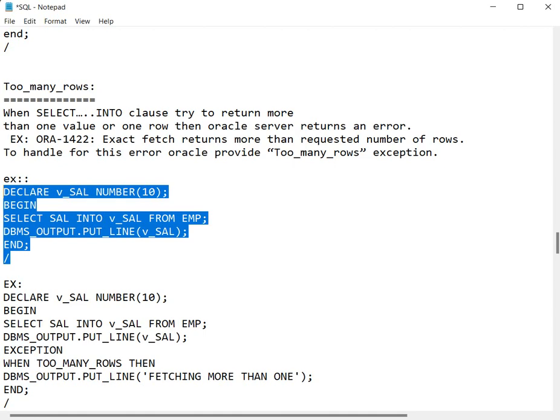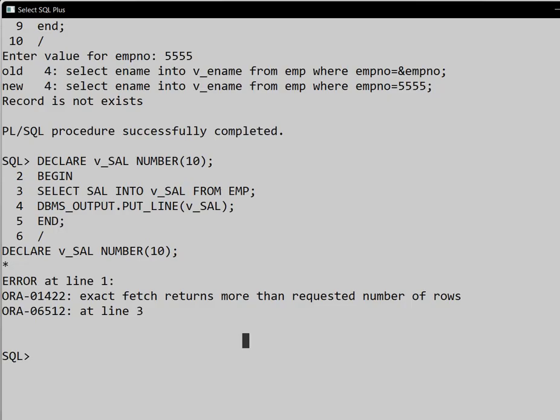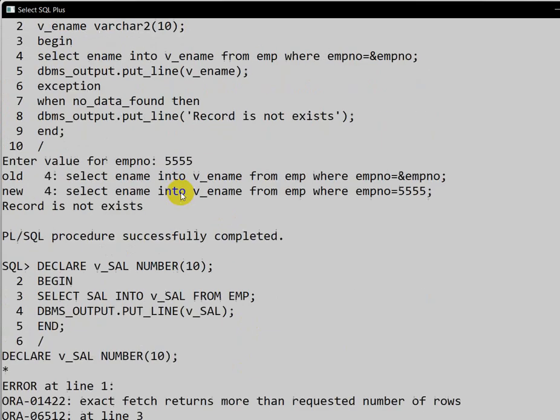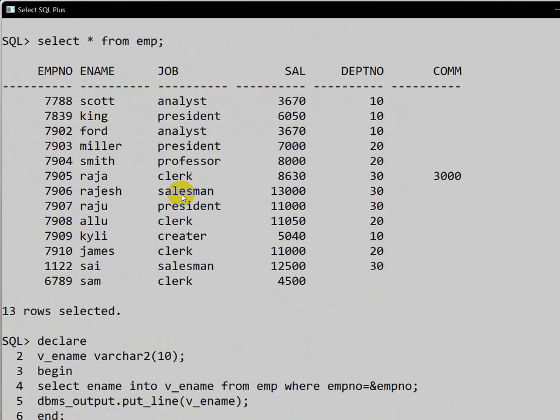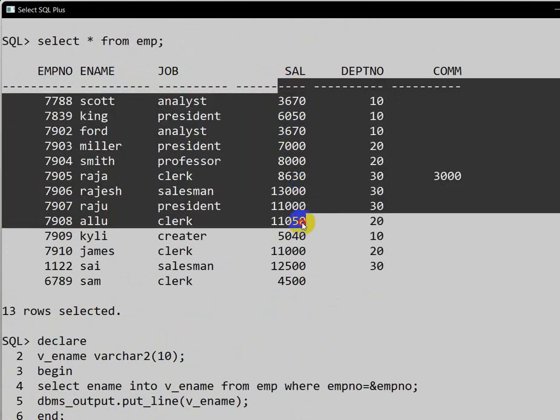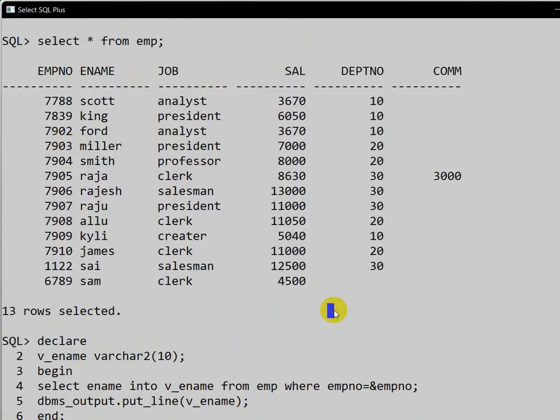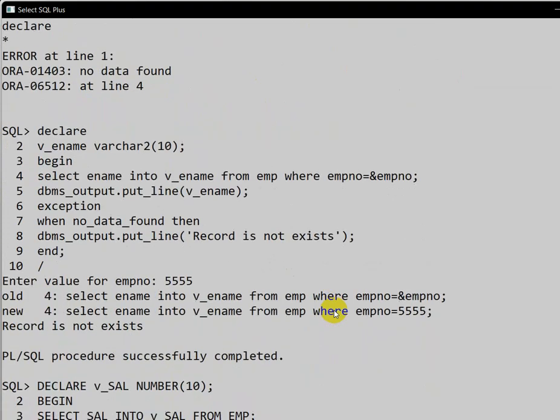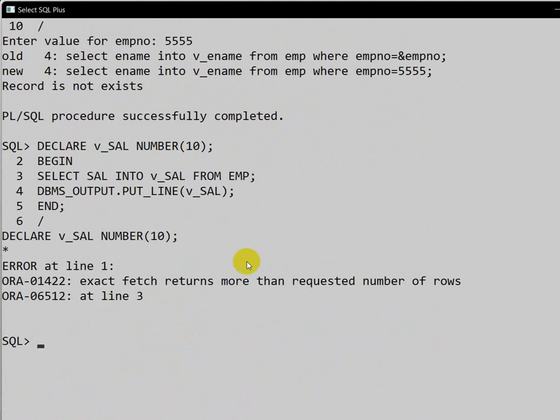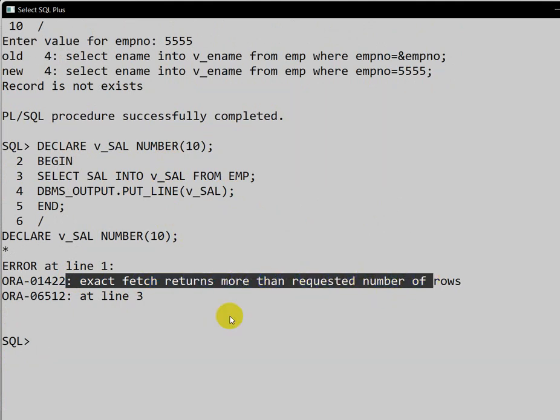This is about too many rows, because in the salary column there are many rows and many salary values. But we provided only one variable and are trying to print that. That's why we are getting the error called exact fetch returns more than requested number of rows.